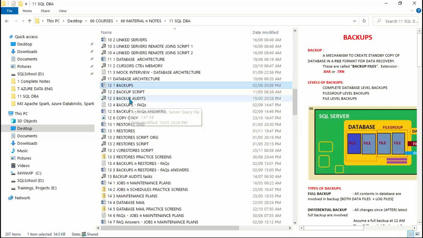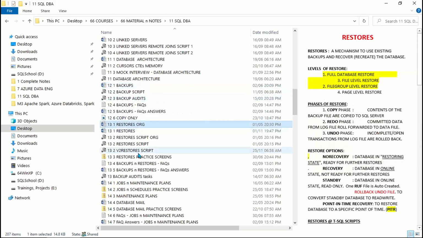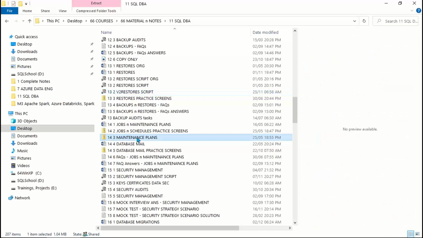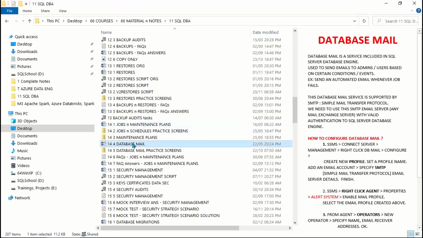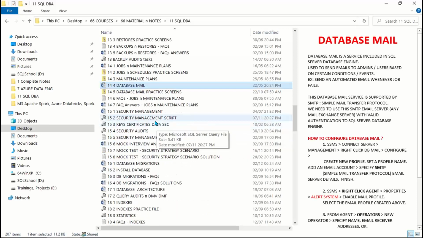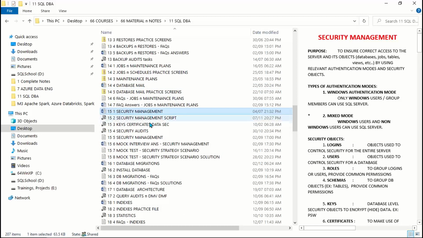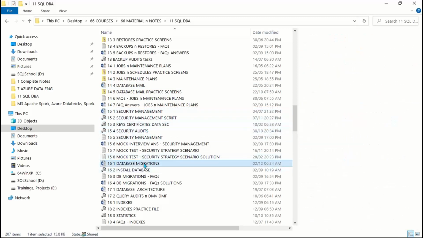Common backup concepts, restores, maintenance, management activities we need to learn. Something called maintenance plans, database mails. Something is dead, how to get the email. Notification, scanning report, database scanning report we need to do. Security management we need to learn. Audits, certificates, migrations,